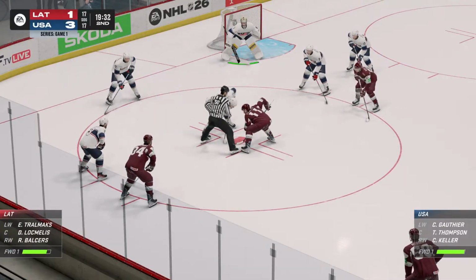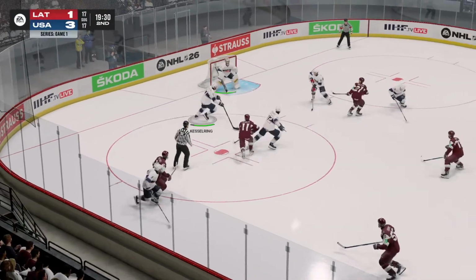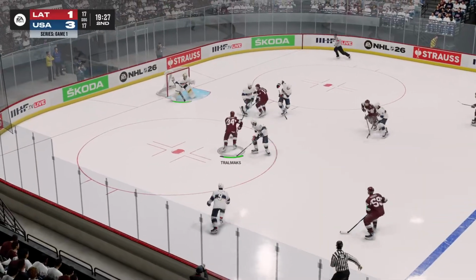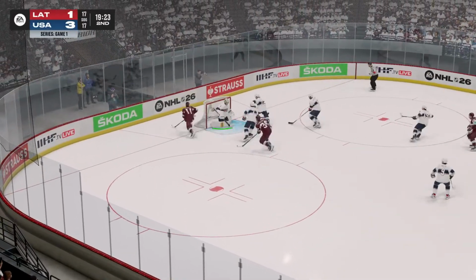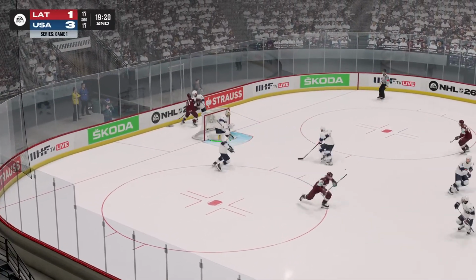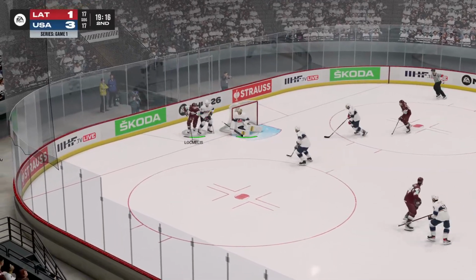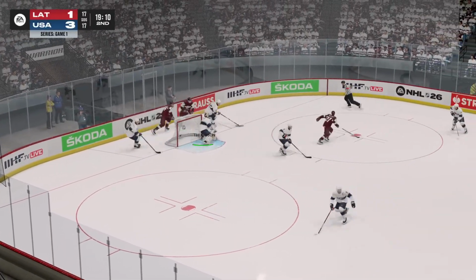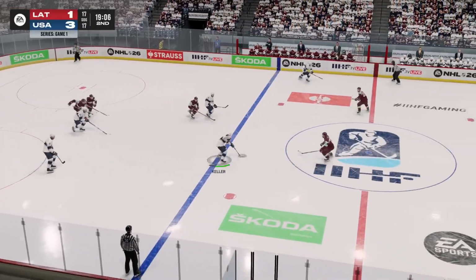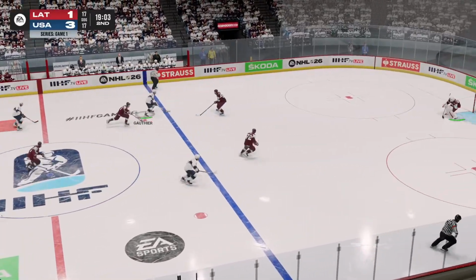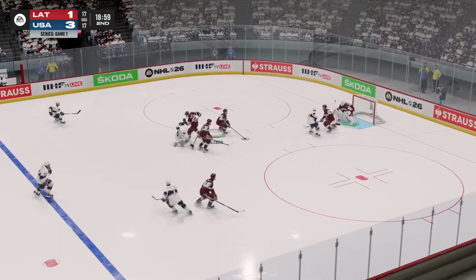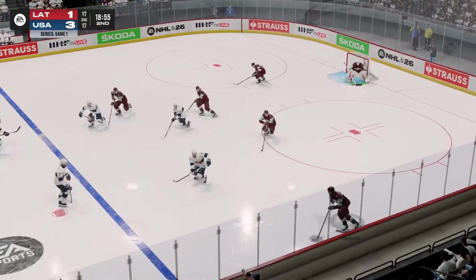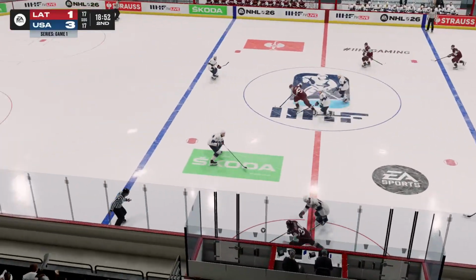Face-off here in the United States end. Shots on goal even at 17 apiece between these two teams. Turnover. Trailmix denied as it goes back behind. Tage Thompson there for the United States. Luck-Mellis there for Latvia into the trapezoid. Thompson escapes with the loose change, and the United States clears the zone. Cutter Gauthier tried to take it into the slot. He paid the price. And Latvia turns back the other way.